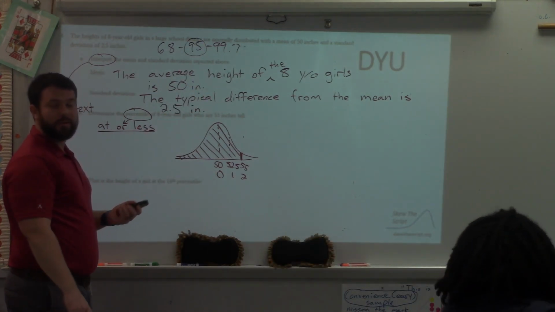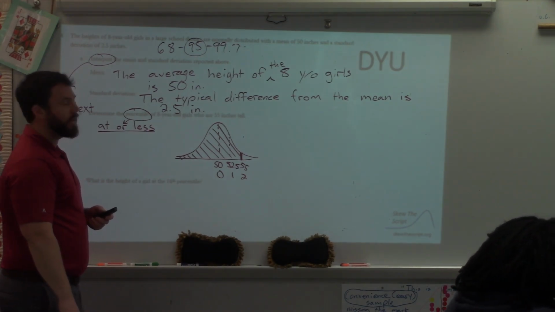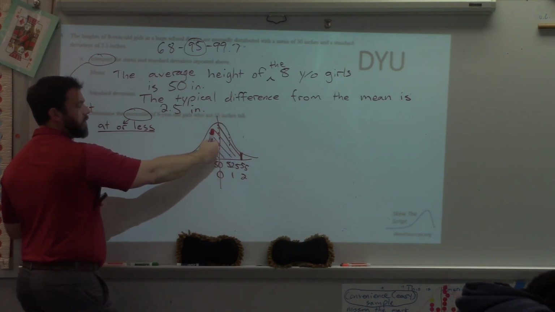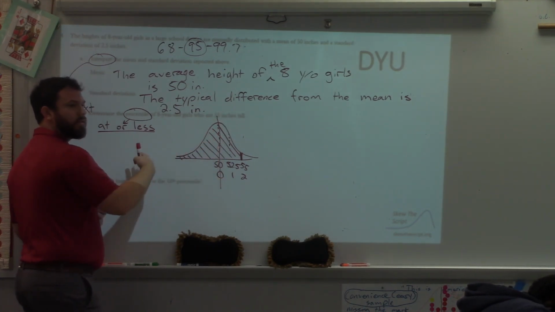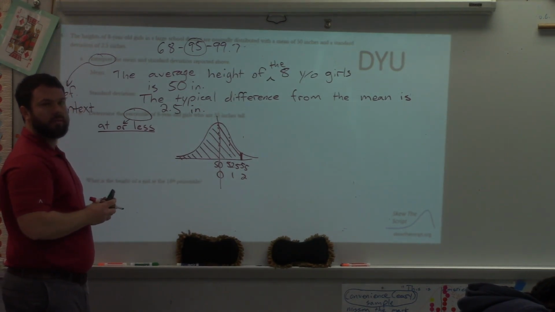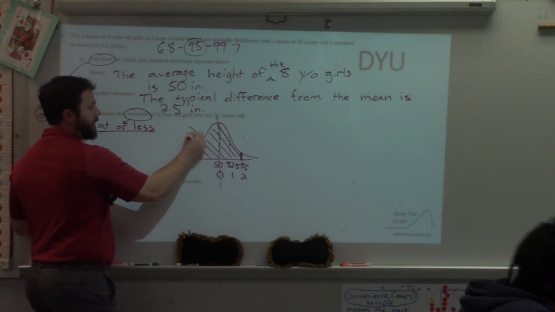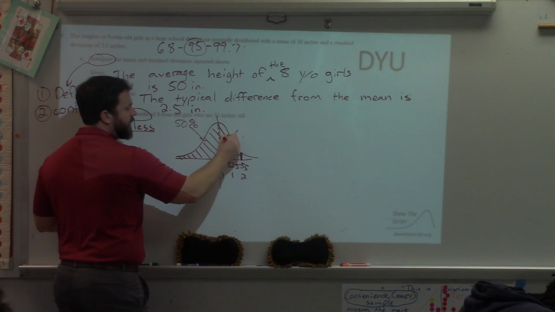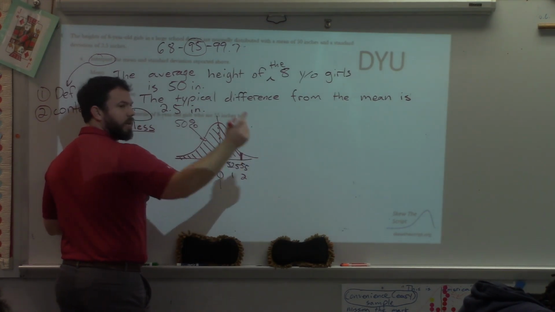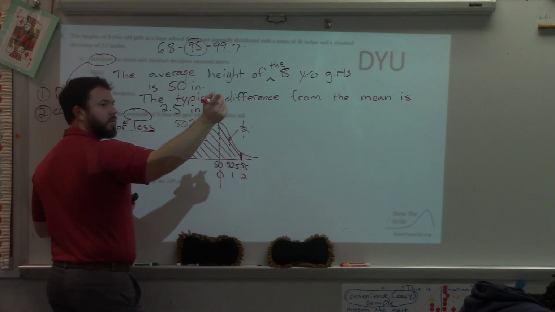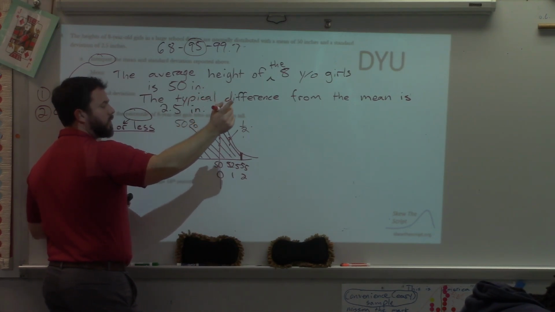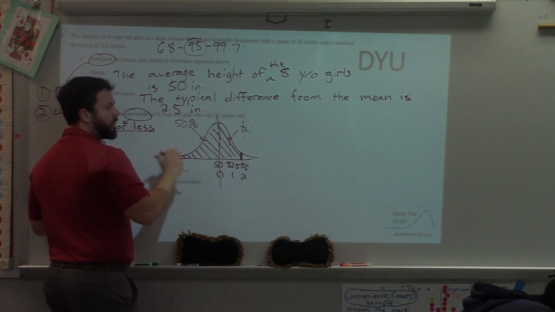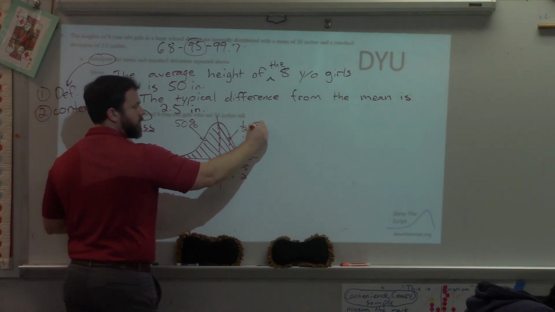Again, there's multiple ways to do this, but personally I'm going to play a game of halves, because what's always the left half, or everything to the left of the mean? 50%, right? I know this left half is 50%, it's half the data. This is half of what again, Mason? Remember this right half, you said we're going to use which part? So there's going to be half of,